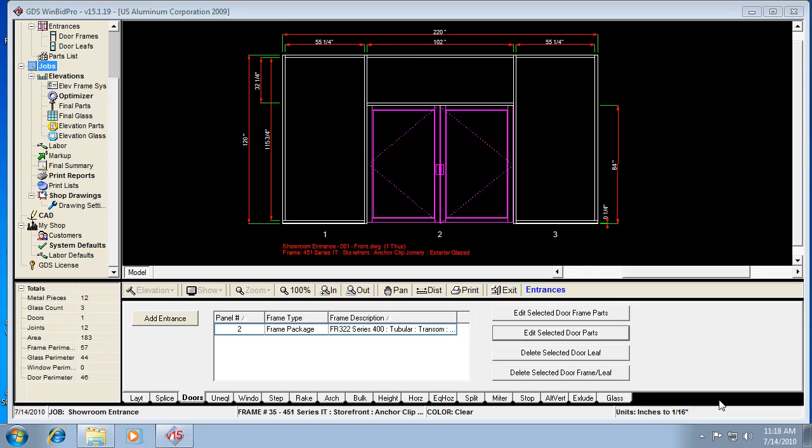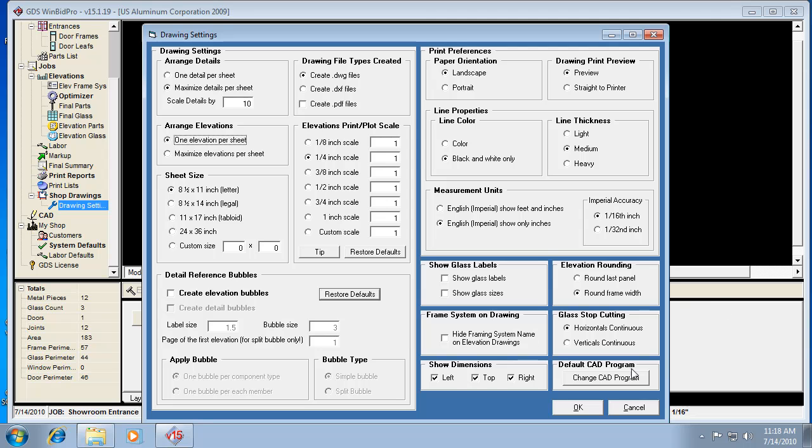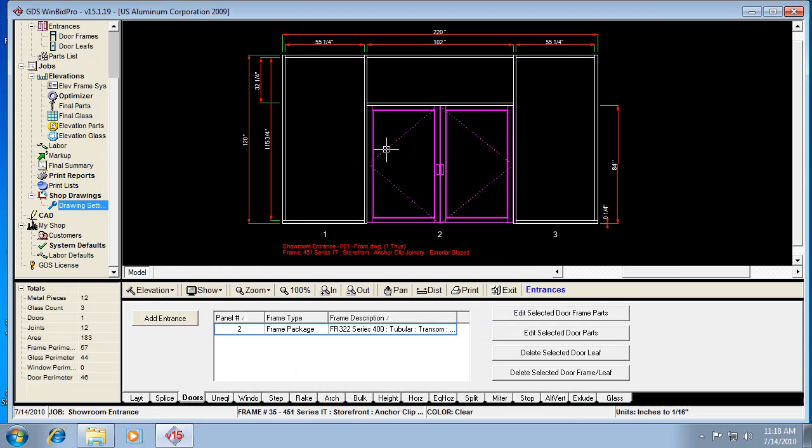In this lesson we're going to cover the built-in CAD program in the GDS WinBidPro software. If you do know CAD and are good at CAD, I would definitely recommend setting your own CAD program through the program. You can do that in the Drawing Settings window under Default CAD Program. You click that and it'll let you browse for the exe file that runs your other CAD programs. That's basically telling our program to open whatever drawing you see here or your shop drawings into your own CAD program. But if you don't have that option, then let's go over working with the included CAD